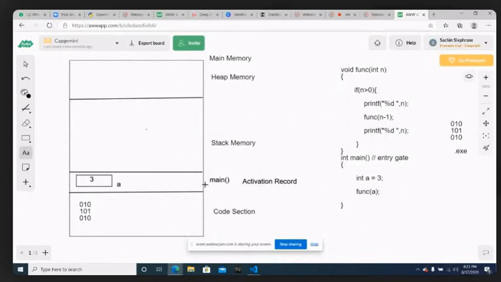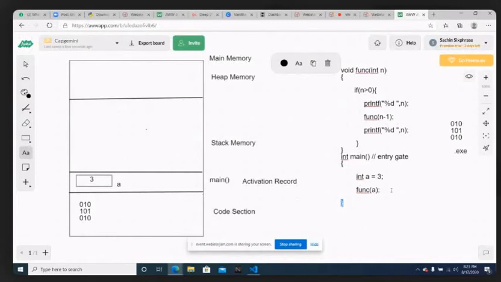Now I will tell you, I know very well that when a function is called, an activation record will be created. When will that activation record get deleted? When you meet the close curly braces of a function, the activation record will get deleted. So once you execute the close curly braces of some function, then the activation record of that respective function will be completely deleted.